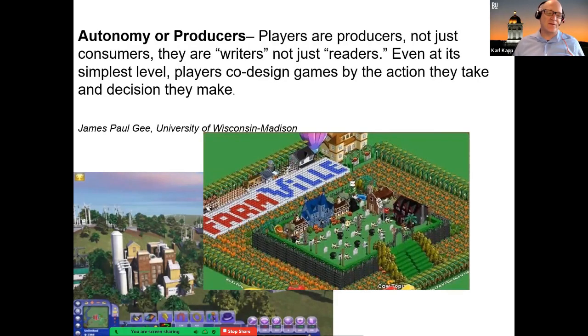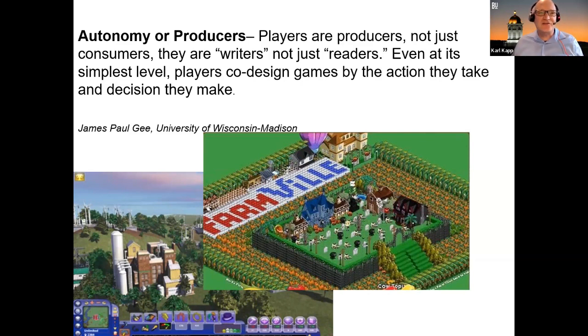So let's look at some of these as they relate to some games. Hopefully some of you going way back will remember Farmville, a big craze at one point on Facebook. And James Paul Gee, a researcher at the University of Wisconsin-Madison, who I believe has since retired, talked about players as producers and not just consumers.